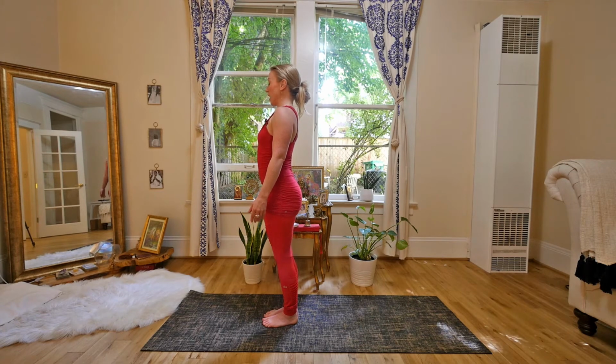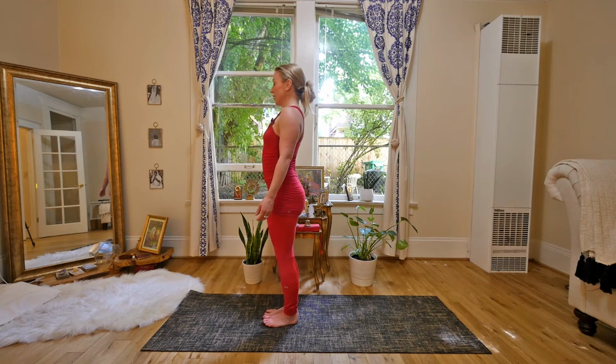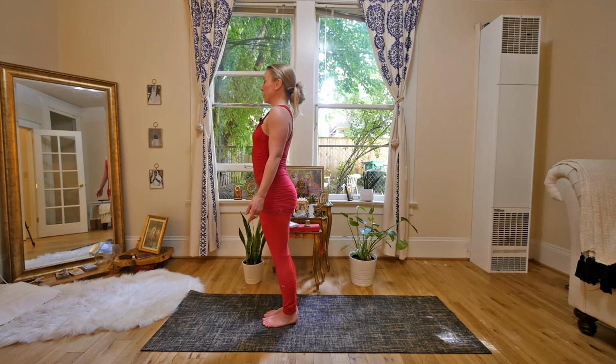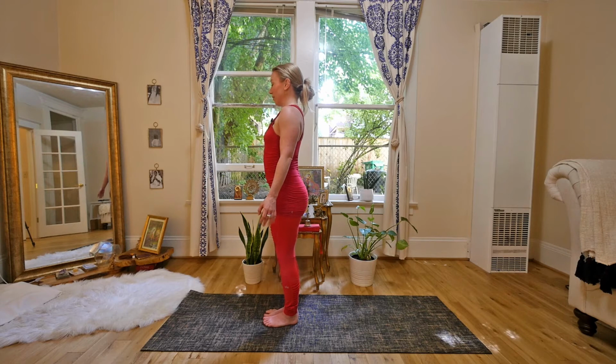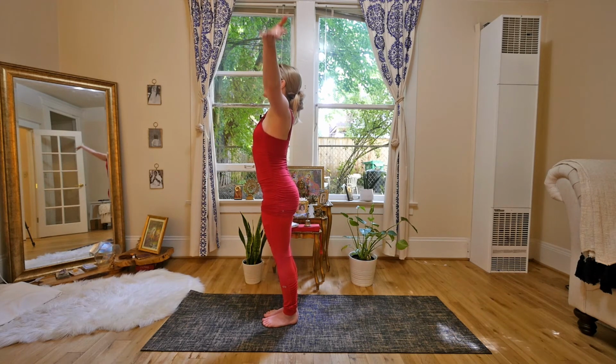And then finding a point of focus. So concentration is the next step on the path to meditation. And let your focus be on your breath. As we inhale, bringing the arms up,